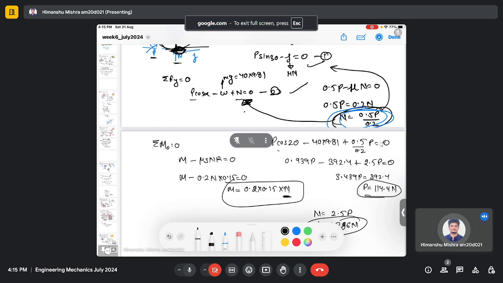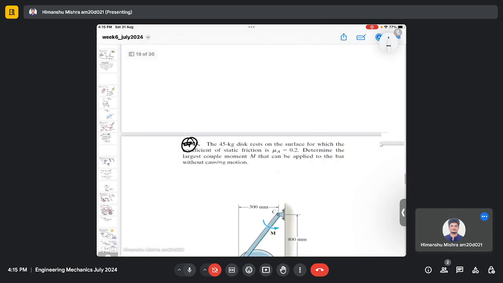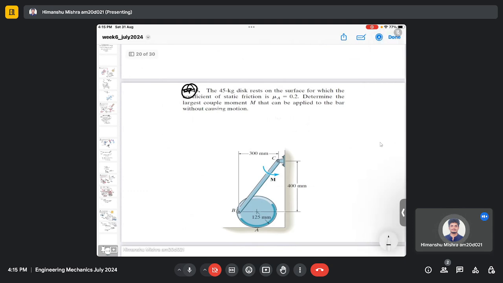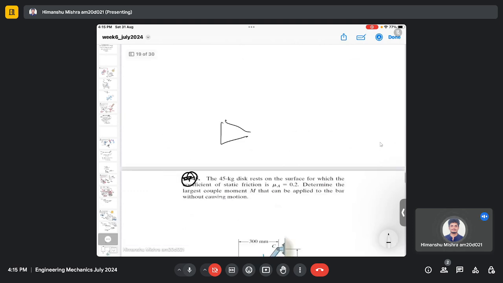So now we will move to the wedge problem. Yeah, so before moving to the wedge problem, we will solve this problem. The concept is more or less similar to the wedge problem. So what usually happens in the wedge problem is that we are given a number of blocks of different shapes